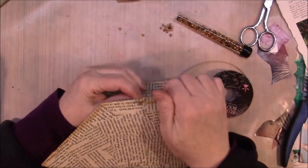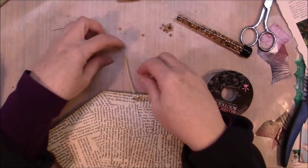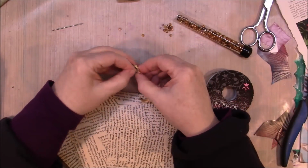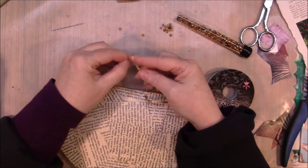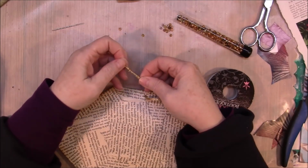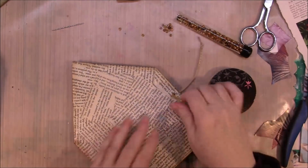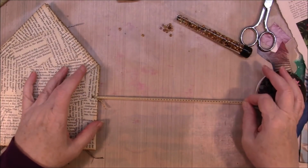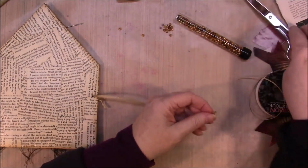Goodness. There we go. And I'm going to tie this in a knot. And I'm actually going to put 2 knots in it just because I don't want it to come back through the hole at all. And I'll pull it. Let's see, we need about... It's always better to have too much than not enough. So...